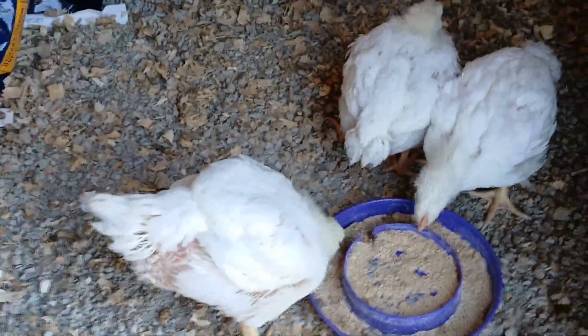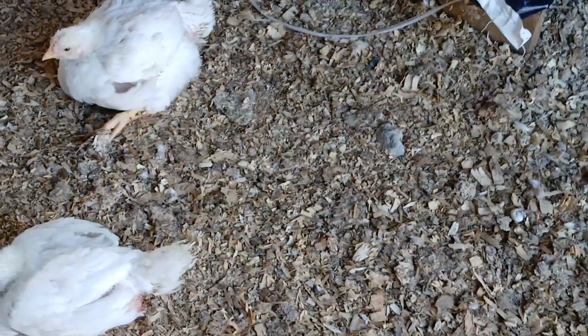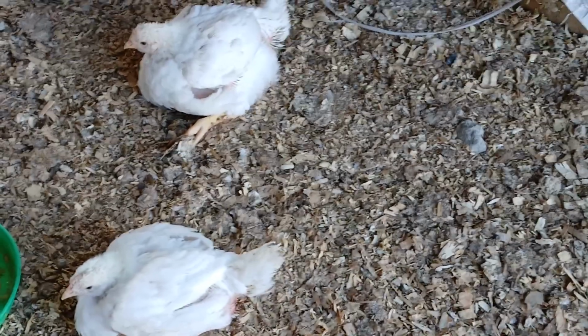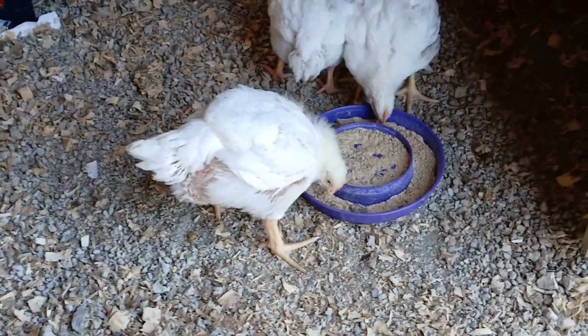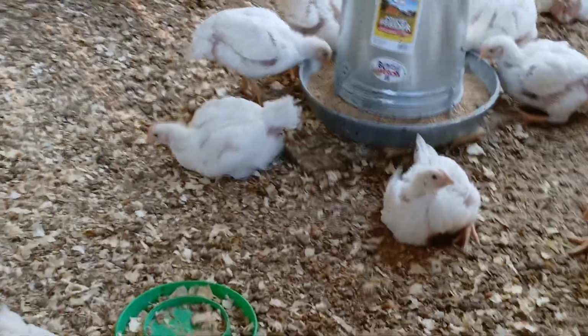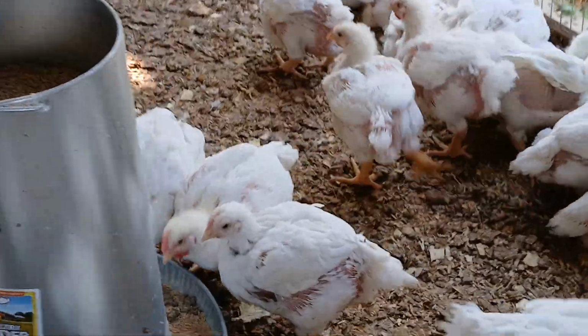So of these 5, we can feel pretty assured. We know that 4 are definitely going to finish as far as being alive and viable for poultry at the end of production. Those 4 probably aren't going to get the size that hopefully the rest of the flock gets, but they wouldn't have stood a chance in here when they had decreased mobility, okay? So, as I said,